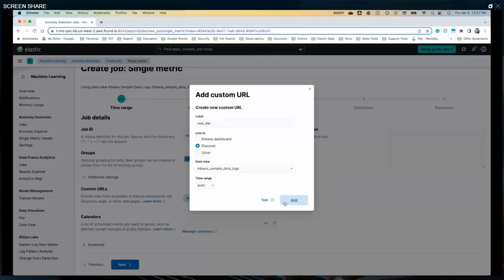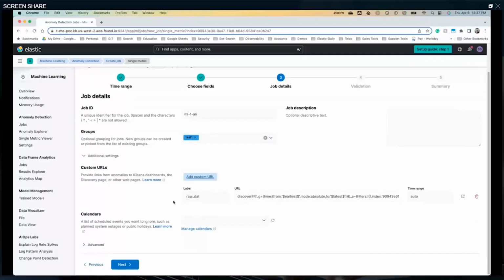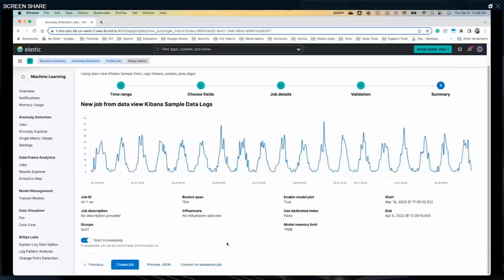So you don't need a big data scientist to work on all of this. Any operations guys can do that, and they're not going to kill the system, and there is no additional cost in creating more machine learning. Okay, and then if you have a calendar where you have a scheduled event or maintenance or something like that, you can import the calendar here, and then click on next, and that's it. It's done. Now you can create it.